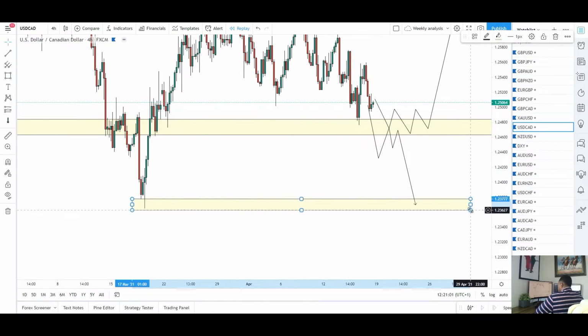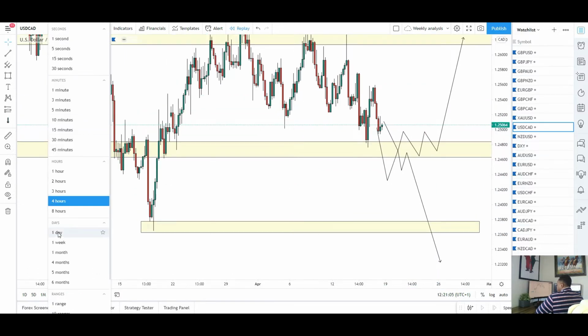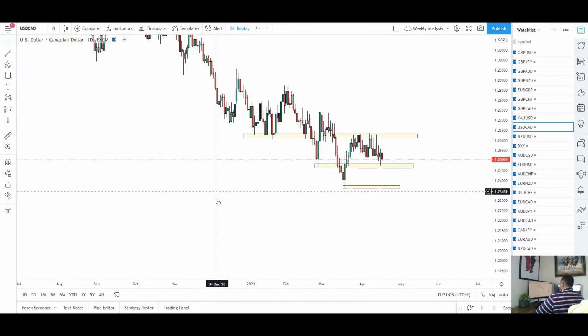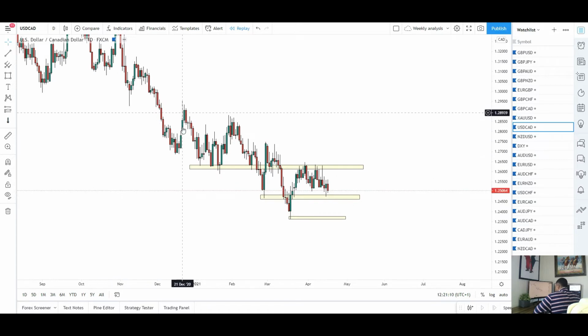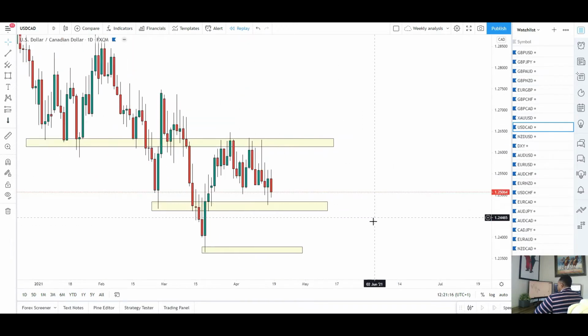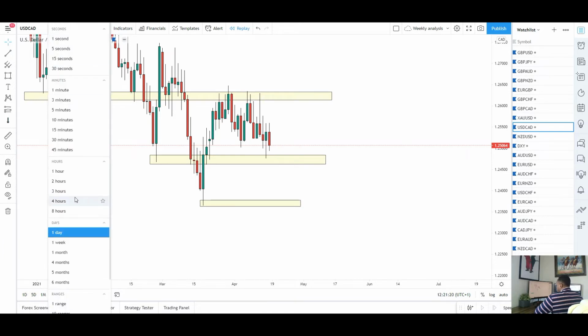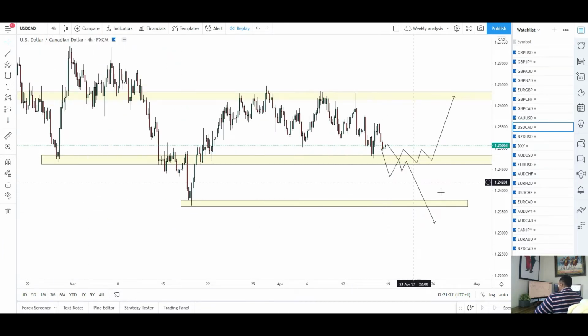Back into these lows here, and actually probably a lower low at that point, because if I do jump back onto the daily, you can see the structure of the market is still very bearish here. Market's making lower lows, lower highs, lower lows, lower highs. So this potentially here could be our lower high in the market, and from that we could actually expect to see a lower low. So for that to happen, we do need to take out this support here,